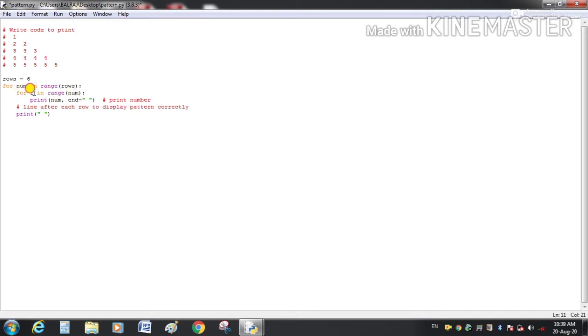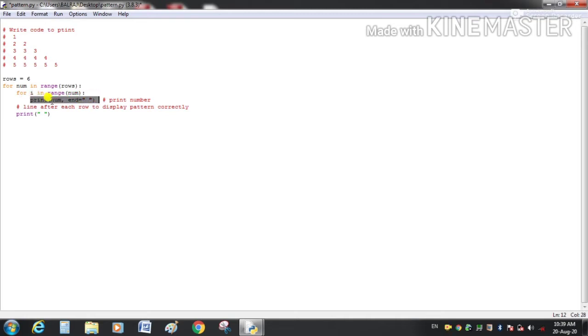So this inner loop will execute only for one value of i, which is 0, meaning this num having value 1 we will get in our output.